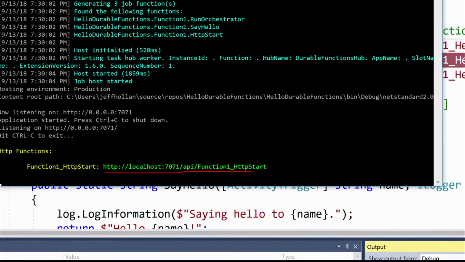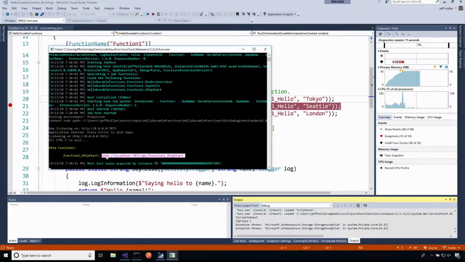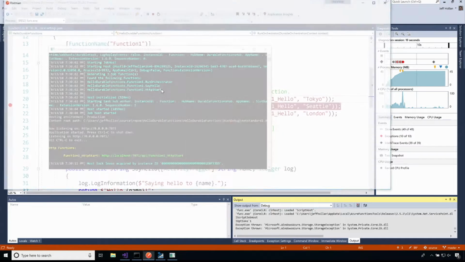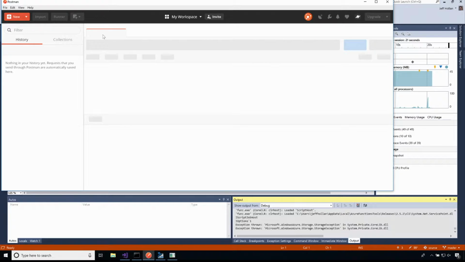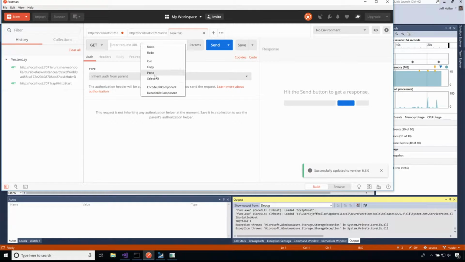And it's actually going to give us this nice endpoint. This is our starter function. So here, all locally, let's go ahead and call this starter function. So let me copy that URL. We'll open up Postman, which is a really convenient HTTP client for debugging. Thought I had it open before, sorry about that. So here we come in. Let's go ahead and make a request to that URL.